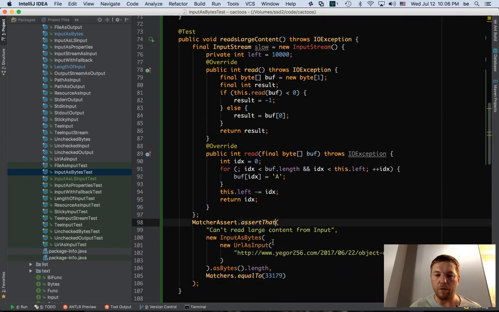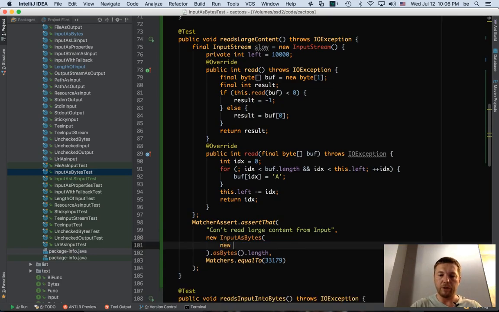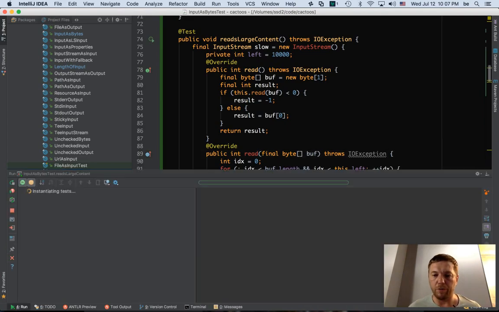So in this case, let's create an input stream, new input stream as input, and slow. Here we most probably will read 10,000 characters, right? Because there are 10,000 here, so they're going to call us a number of times, and we're going to return them something, and then it's going to be 10,000. Let's run. I'm not sure. Maybe there's some